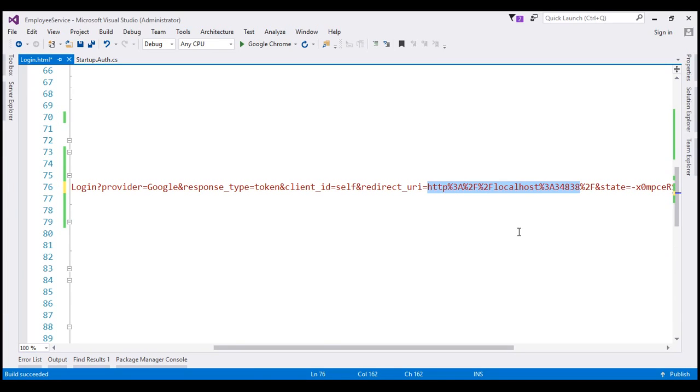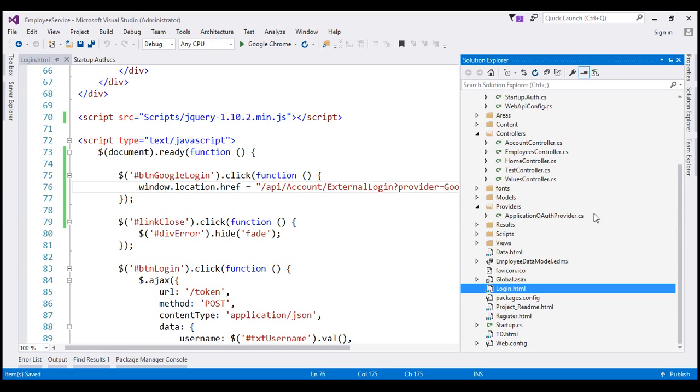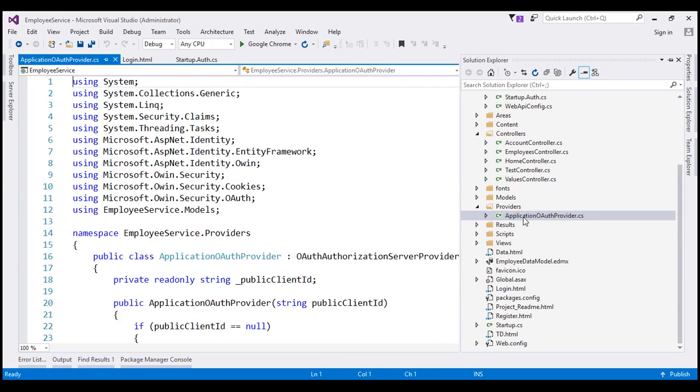So instead of redirecting it to the application root, I'm actually going to redirect after the user is authenticated by Google to the login.html page. Alright, so let's save our changes, and we also need to do one more change in the application OAuth provider file. You can find this file in the providers folder. So let's open the file,